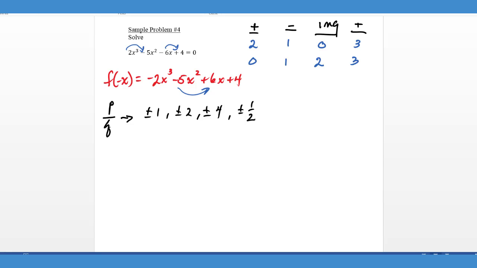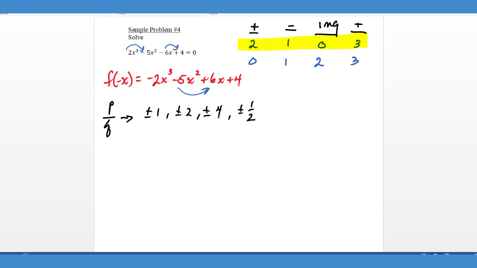Now, what you'll notice about the picture on this graph is it crosses the x-axis 3 times. So I know I have 3 real roots, which tells me that I'm going to be using this scenario up here. What that probably implies to me is that one of the real roots is positive, is a rational root, and then I have the complex conjugate pairs theorem taking place here with an